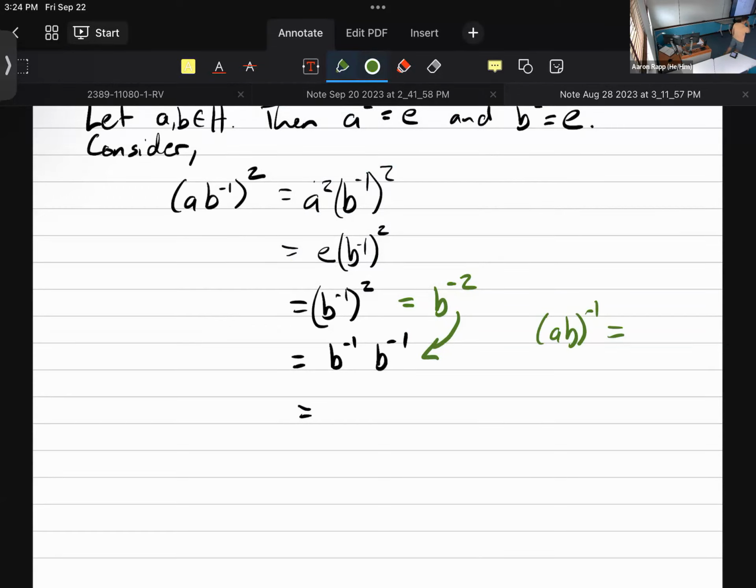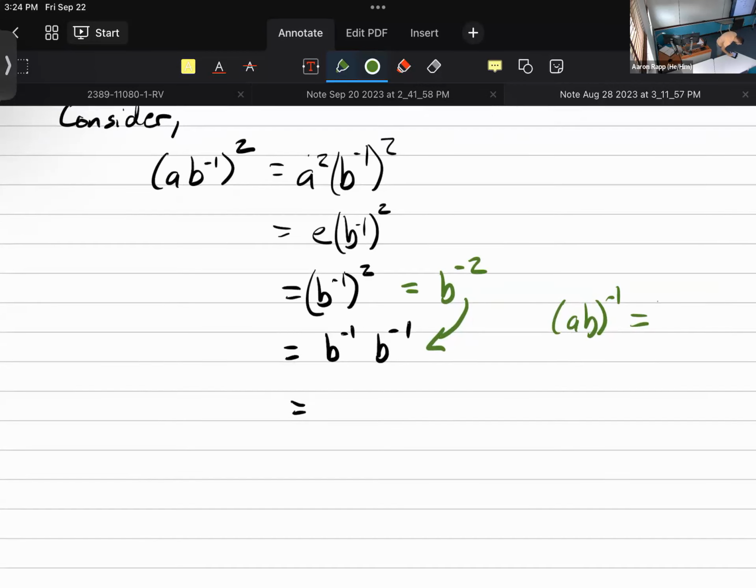Is equal to B inverse, A inverse. And when we wrote that property for inverses inside of groups, A and B are just representing buckets of something, right? They can be elements of the group G and another element, or they could be the same element.